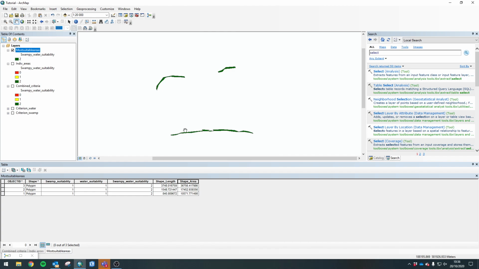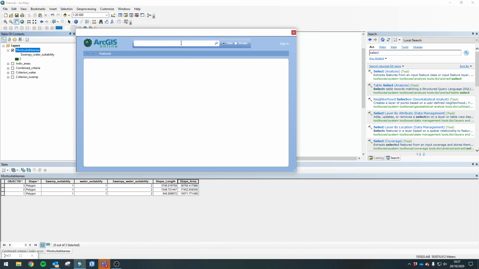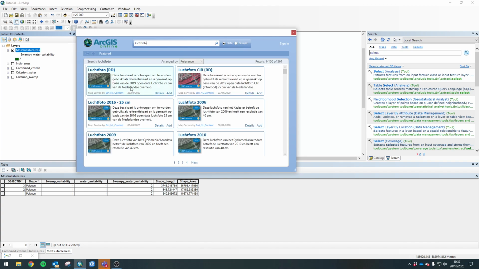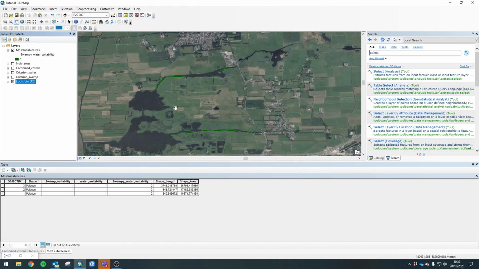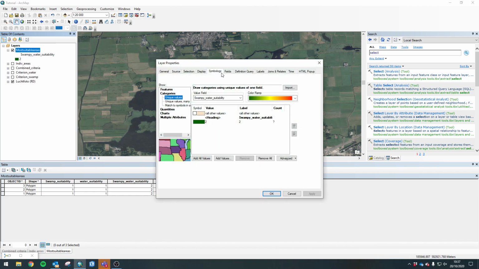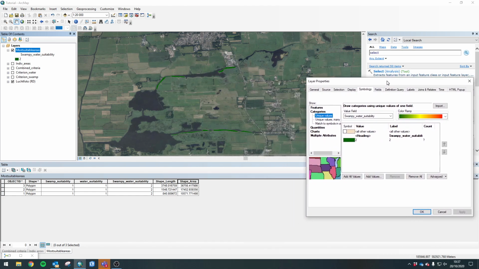So these are the most suitable areas. If we want to draw this up on a map, I would want to see what is actually there. So I'm going to go for Luchtfoto. Yeah, I want to have an aerial picture, and I want to see what's here, because I want to do a little validation